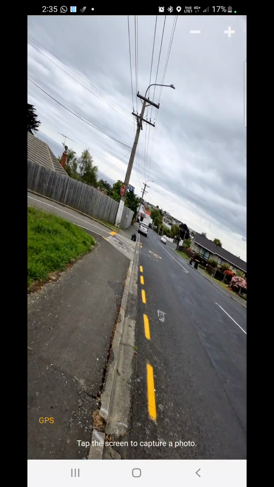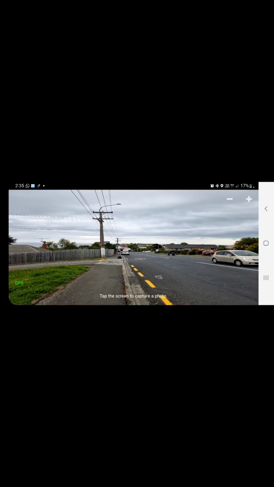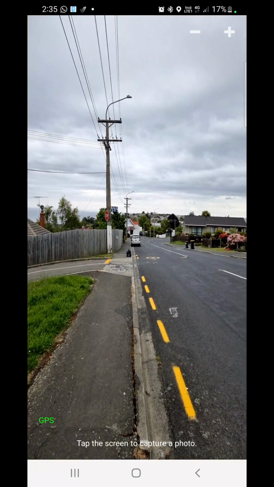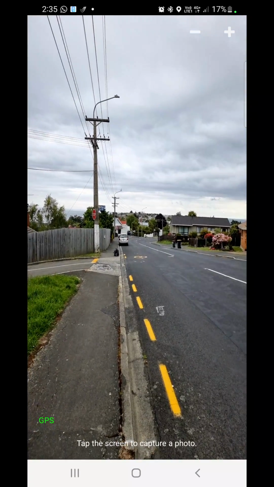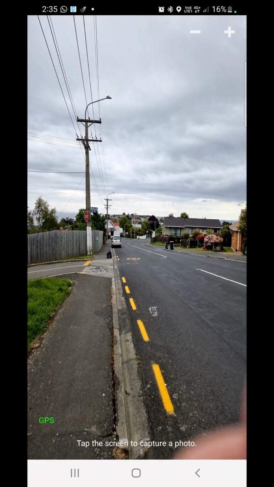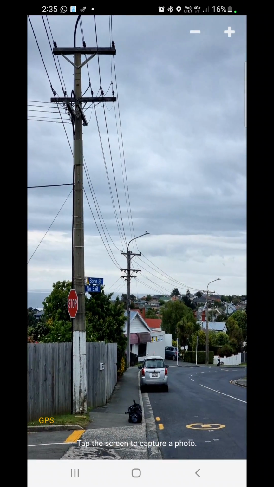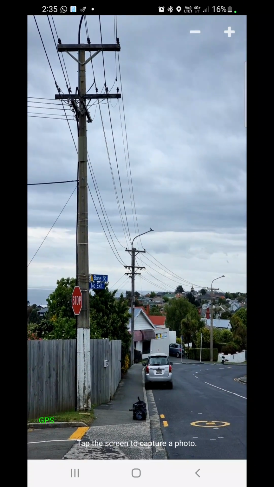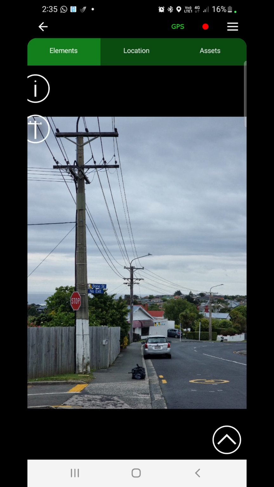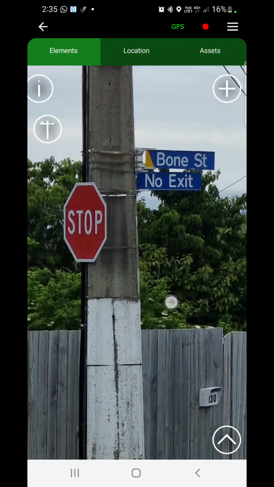And you can do this either in portrait or in landscape mode. So what I'll do here is I might do it in portrait mode. And I might go in one closer. There's our structure. We can click on here. And that brings us to the screen where we click on the structure